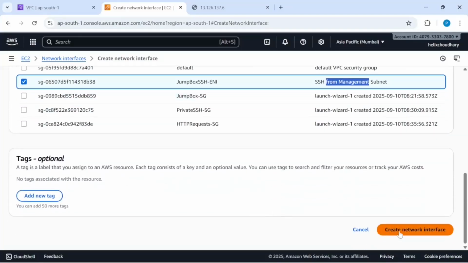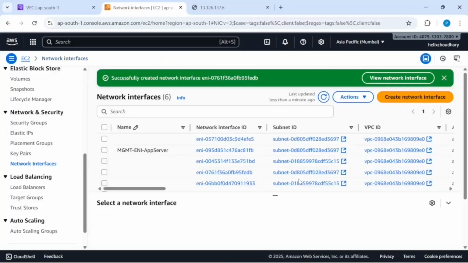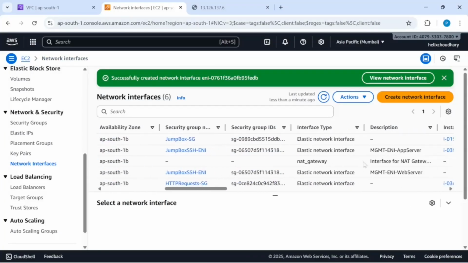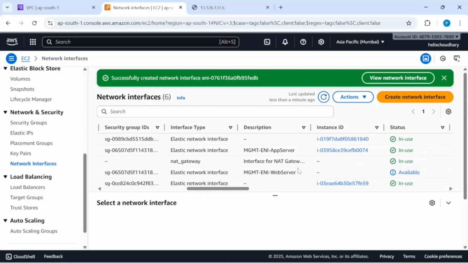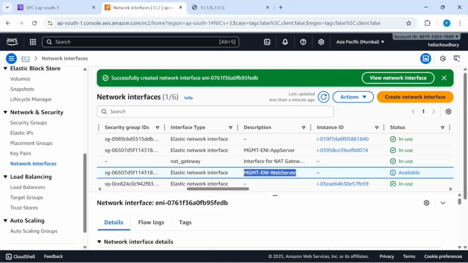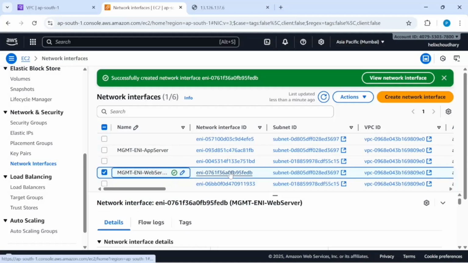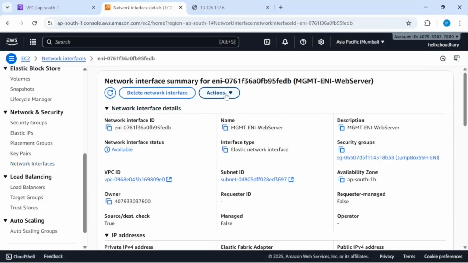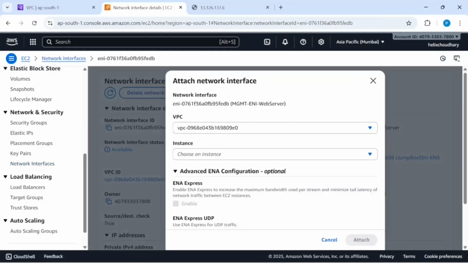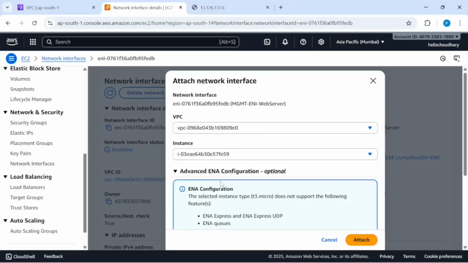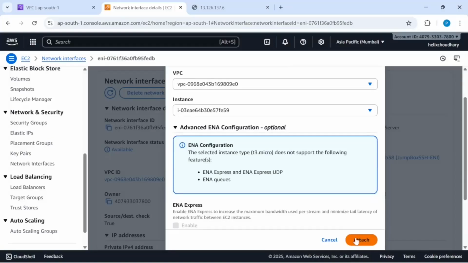I'll select it. I'll create this interface, but let's verify which one is the correct one. This one is in the available mode, right? You can check. So this one is the newly created. I'll name it. Okay, we'll open it and we'll attach this to which one? The web server instance. Okay, before that,